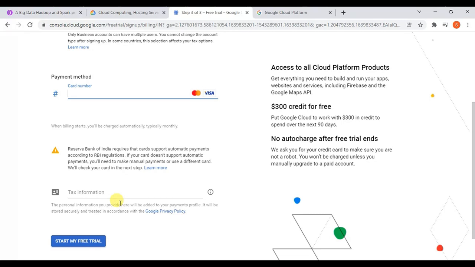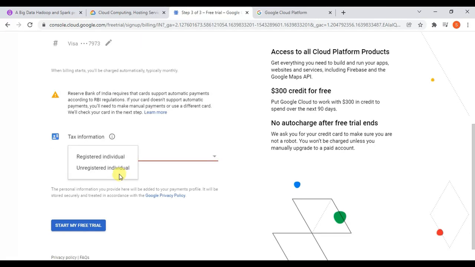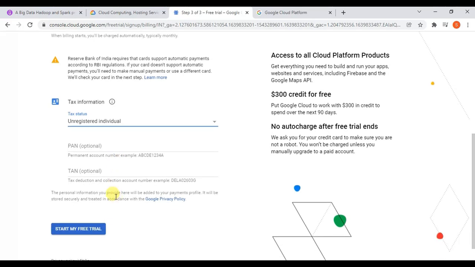All right, so I'm just entering my card details here, and I'm selecting unregistered individual under tax information. You can also use whichever option is more applicable for you. Once we select this, you don't need to fill in the rest of the options.